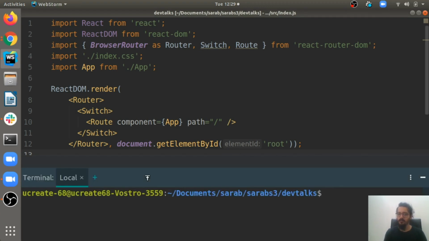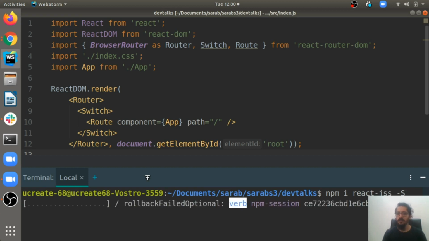To install it, go into your terminal and use this command to save React-JSS in our dependencies. It will install it and add it into the package.json file.